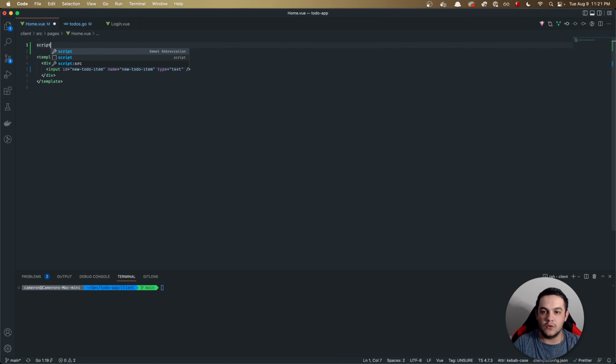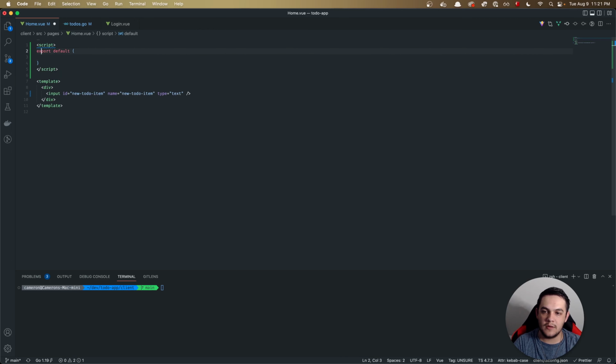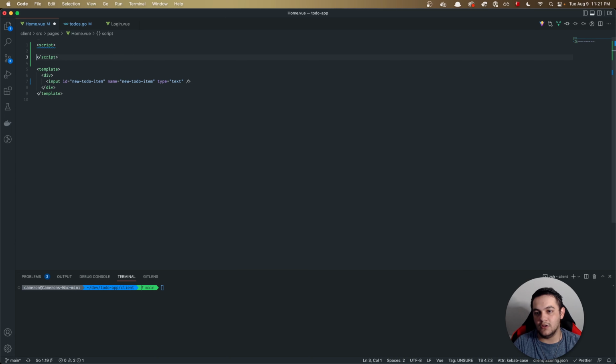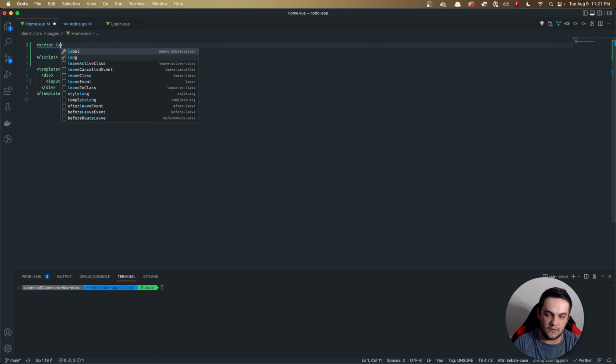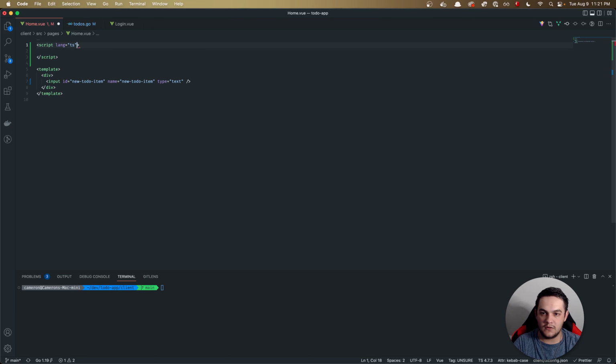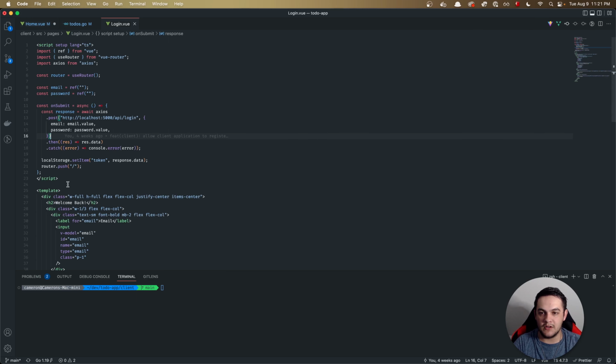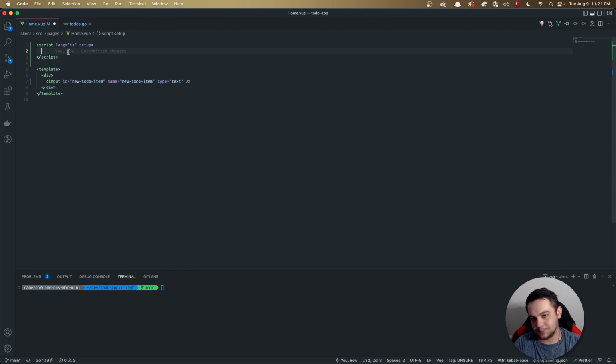Then we're going to go ahead and add a script. I really need a shorthand for this, but I don't have one currently. So we're going to make this a TypeScript setup script, which is what basically all our scripts have been thus far,